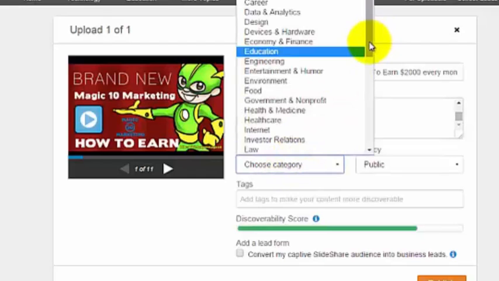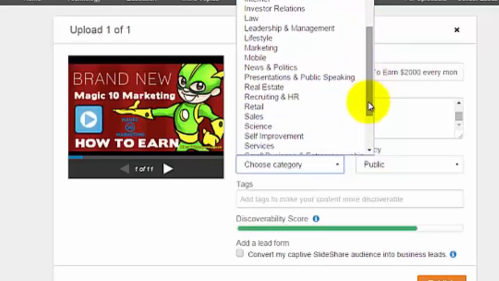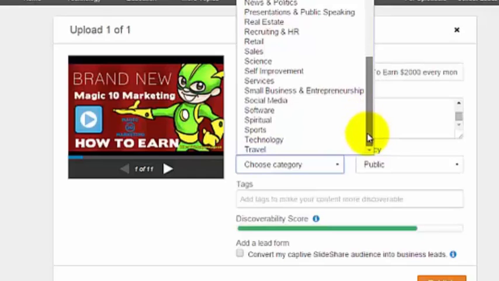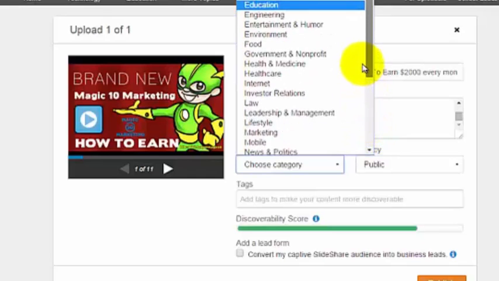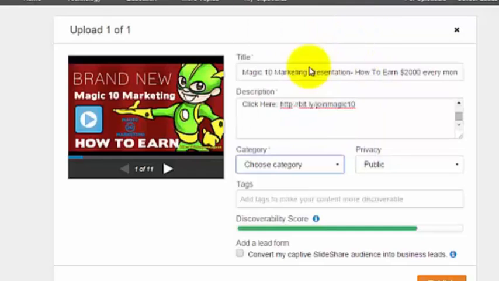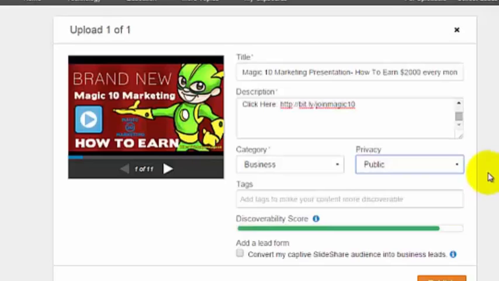Choose the category of your file. Because I'm promoting an online business, let's choose business, and then privacy is public, so that anyone can view this file.